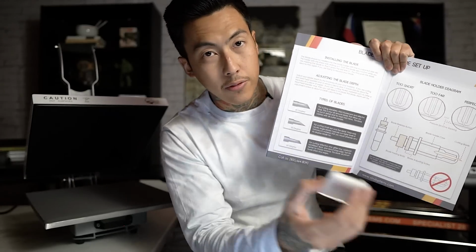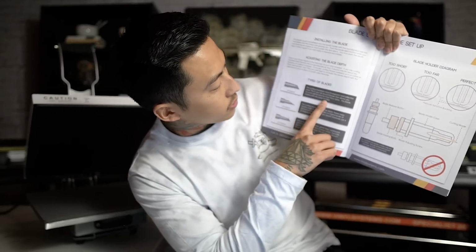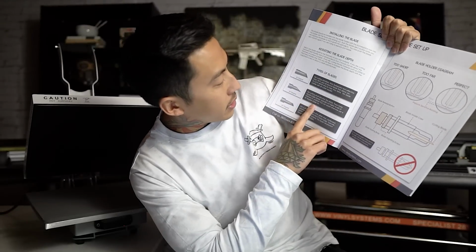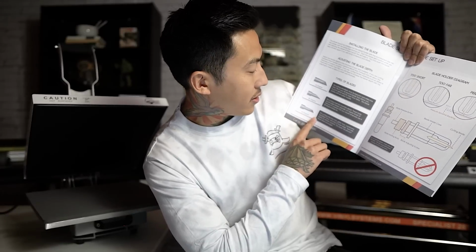So it comes with 3 different blades. 45-degree is for standard, thick and reflective vinyl. 30-degree blade is for cutting small text and fine detail. And then the 60-degree blade is for glitter vinyl, cardboard, things that are thicker. So I'm gonna go ahead and go with the 45-degree blade, and we're gonna get that onto